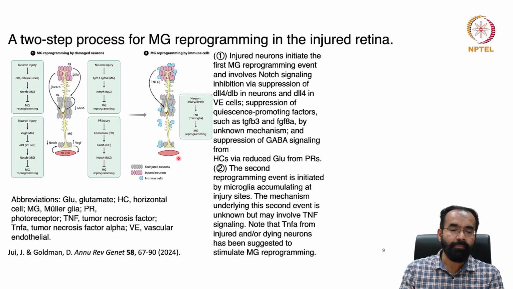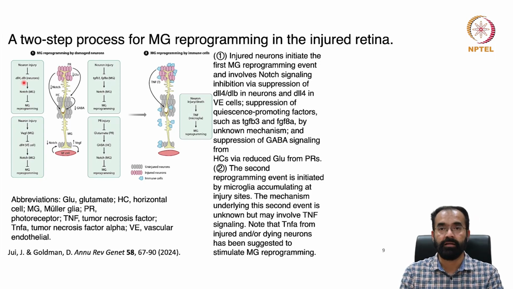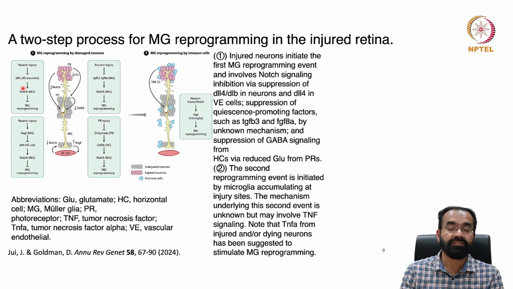So what happens in this picture, there is a two-step process that has been given. One is Muller glia reprogramming by the damaged neurons. You can see here there is a neuron injury and there is expression of some of the ligands of delta notch signaling, DLL4, DLB, and this will trigger delta notch signaling, and this will facilitate the Muller glia reprogramming. And you can also see what happens,